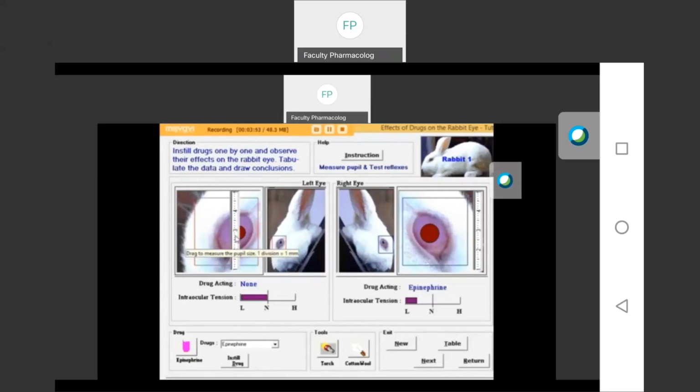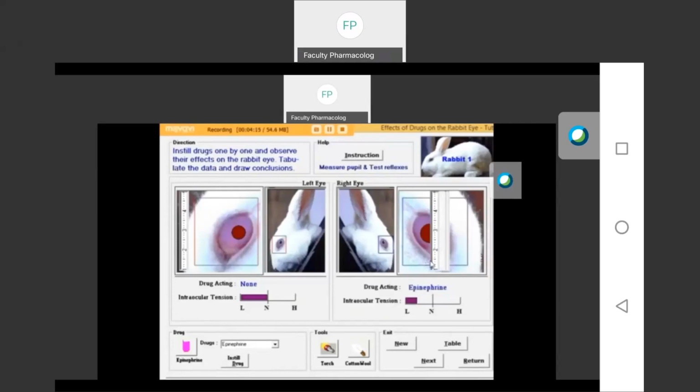1, 2, 3, 4, 5 and 6. So it is near around 6 mm. So that is the size of the normal eye. Then let us measure our right eye in the same method, dragging the ruler to the center.